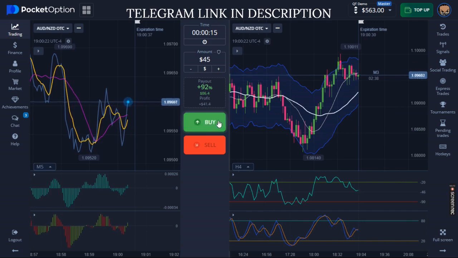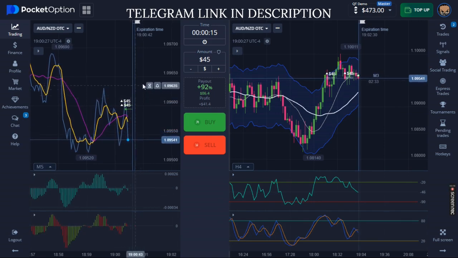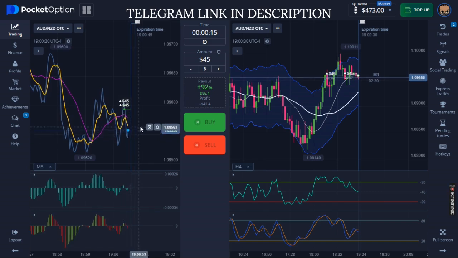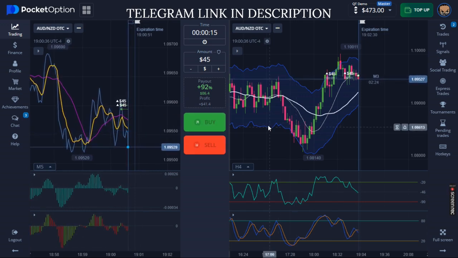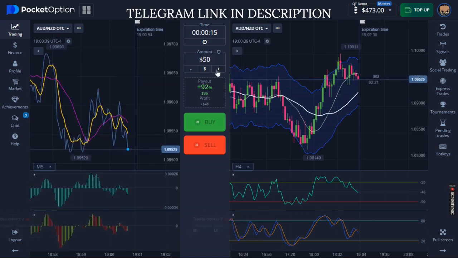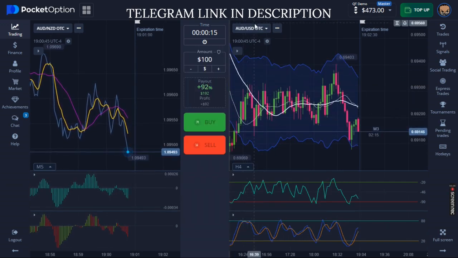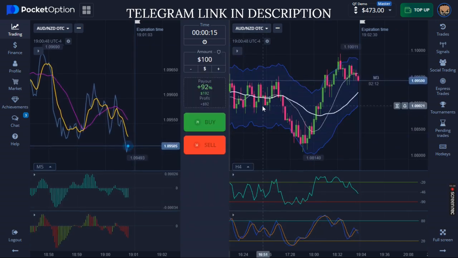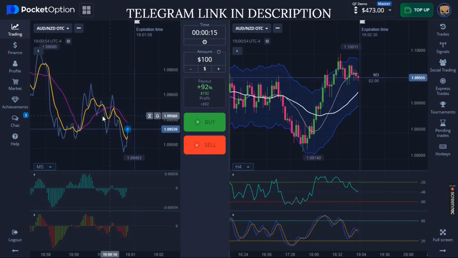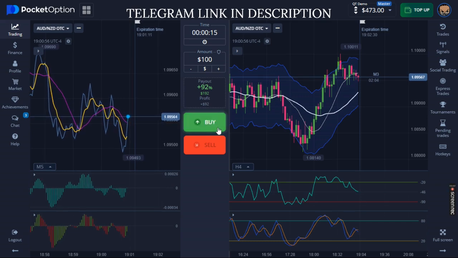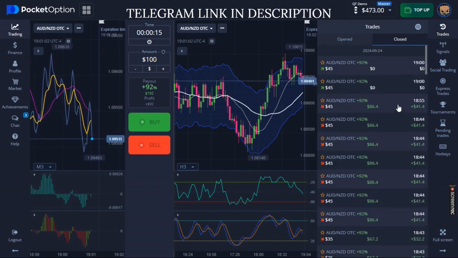That shows you how powerful this strategy is. Actually, I should not have entered that trade. That's going to be a losing trade, but that's okay. But watch this, guys. Did you see that? We're just going to go ahead and get this back. We're going to get this to over $700. I can stay on the same pair, actually. This is the breakthrough method. If you want to be precise, I literally just ended my streak right there. Look at my streak, just ended it.